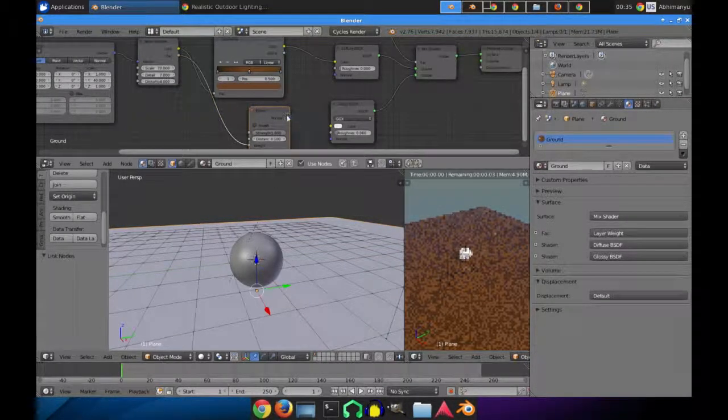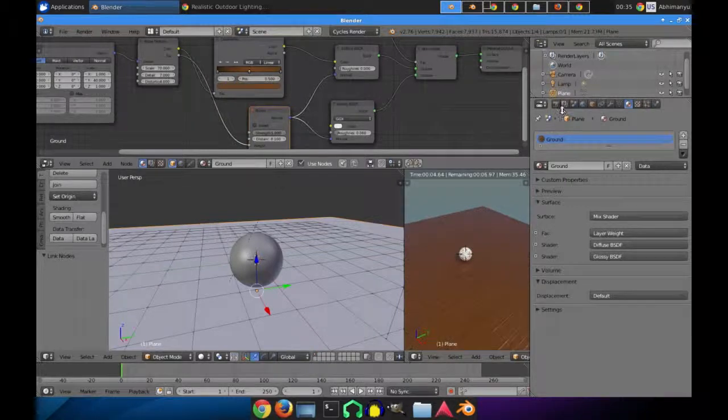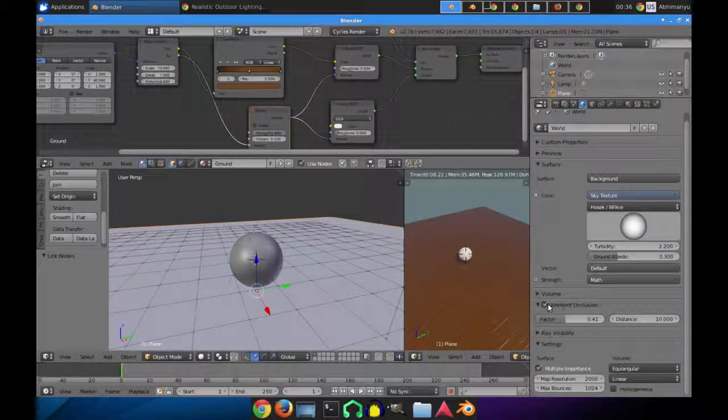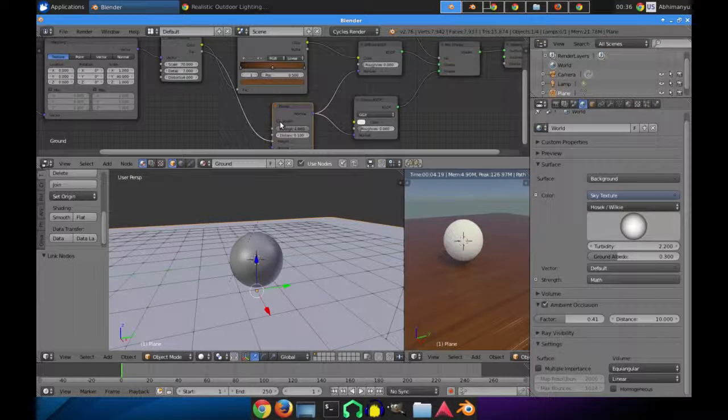The back of this goes to the height. At the moment it's taking a long time because I have enabled multiple importance, so I'll just remove it for now. Now let's make the strength 0.3